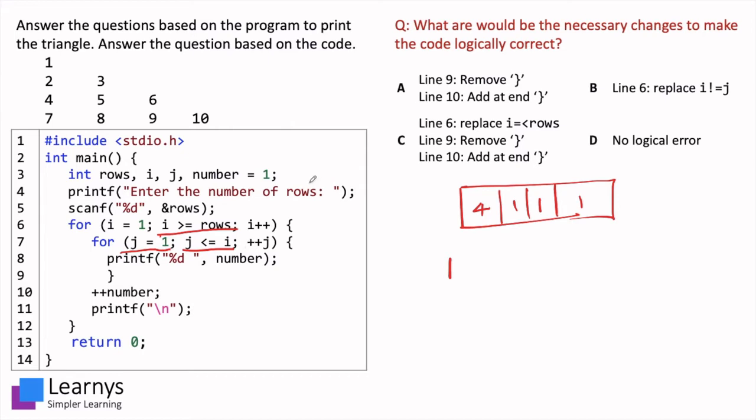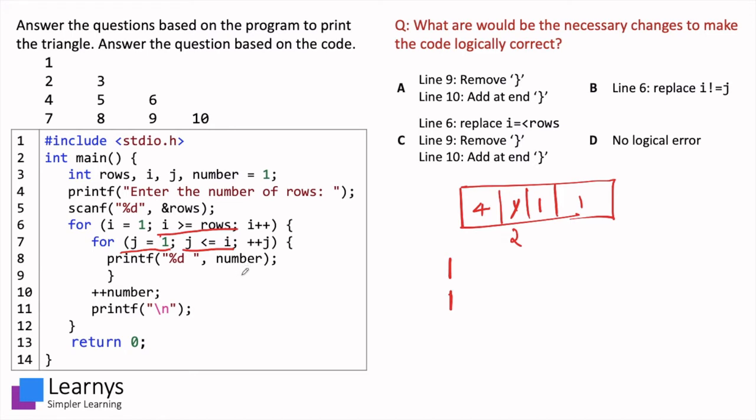Now, the value of I increases from 1 to 2. Now, we start the loop again. The value of j is 1. Is j less than or equal to I? Yes, it is. Print the value. The number should have been 2, not 1.